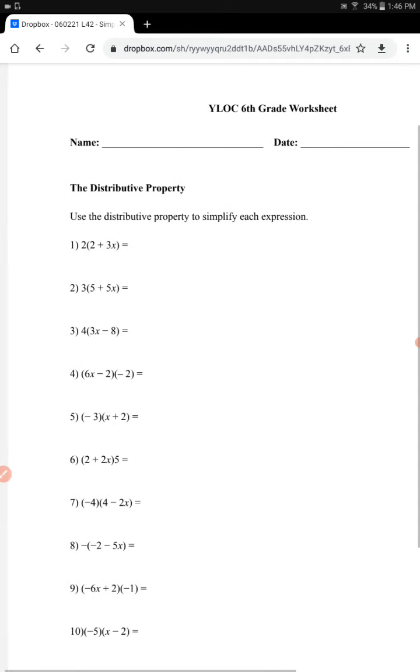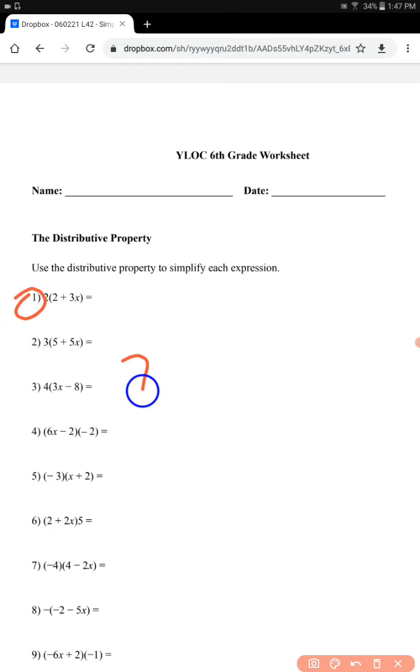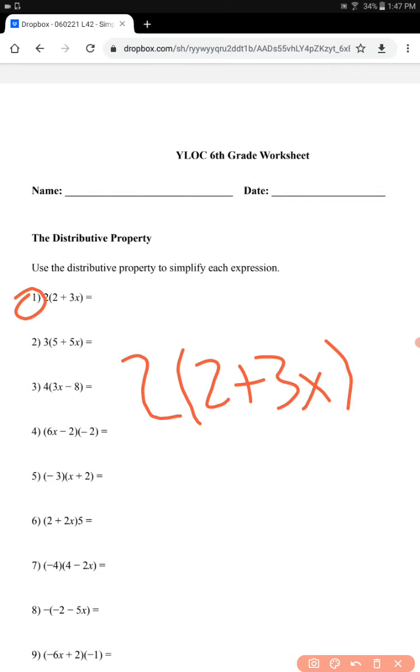Let's just get started. We're starting off with the distributive property. Let's do number 1. So 2(2 plus 3x). If you don't know, if something is in parentheses and there's nothing in front of it, that means it's being multiplied. So basically this is 2 times (2